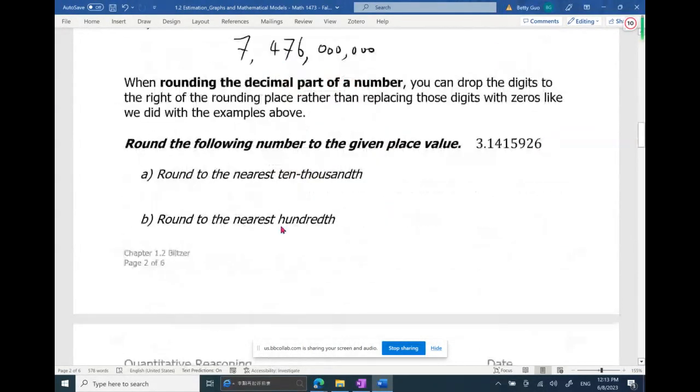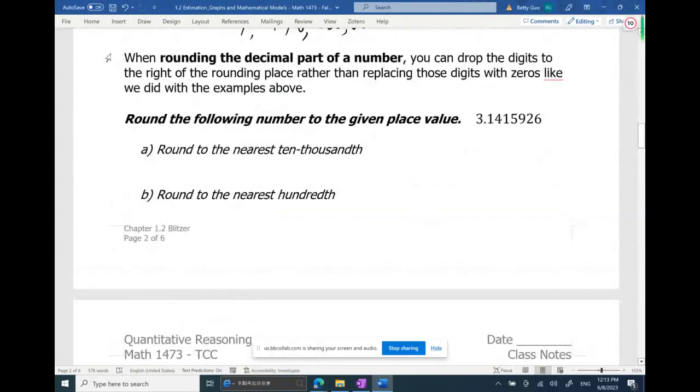How do we round a decimal? Very similar but different. As you can see here, when rounding the decimal part of a number, we drop the digits to the right of the rounding place rather than replacing with the zeros, like what we did earlier when we round a whole number. So instead of replacing with the zeros, we just drop them. The given decimal in this example is 3.1415926. Part A, round the number to the nearest